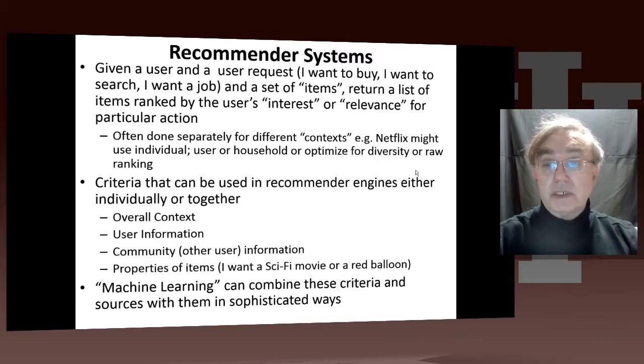So Netflix, which is particularly clear because the Netflix system is used by many different individuals, so you'll get a different answer for each individual and a different answer for the household than you would for any one individual. And so when we look at our recommender engines, we're going to look at this context, the information about the users, what other users have done, and the properties of the item. When I'm doing Netflix, I might want to say I'm only interested in sci-fi, or only interested in movies about red balloons. And then we use technologies, which are collaborative filtering and related machine learning technology, which combine